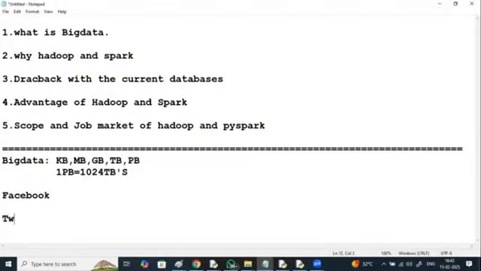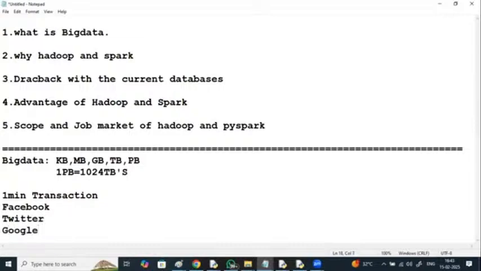If I take a 1 minute transaction, what is the data generated by Facebook? What is the data generated by Twitter tweets? What is the data generated by Google queries?